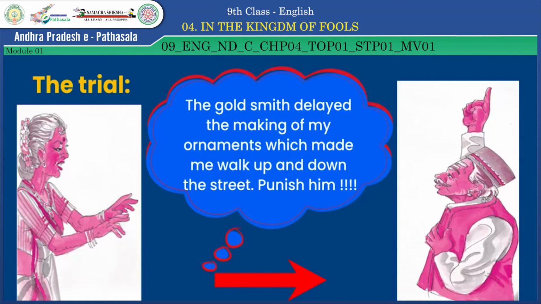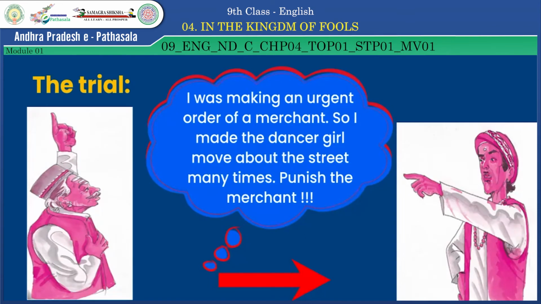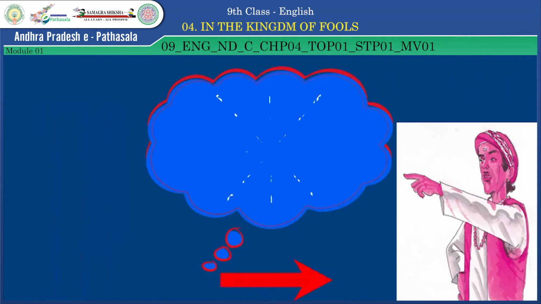Now it was time for the judgment. The king told the merchant, "See, you have inherited the riches of your father. In the same way, you have to inherit his sins too. Since your father is not alive, you are the person who has to bear the punishment in place of him." So he announced the judgment that the merchant should be put to death. The king ordered a new stake to be made ready for the execution of the merchant. Immediately the stake was made and brought to the king's court.